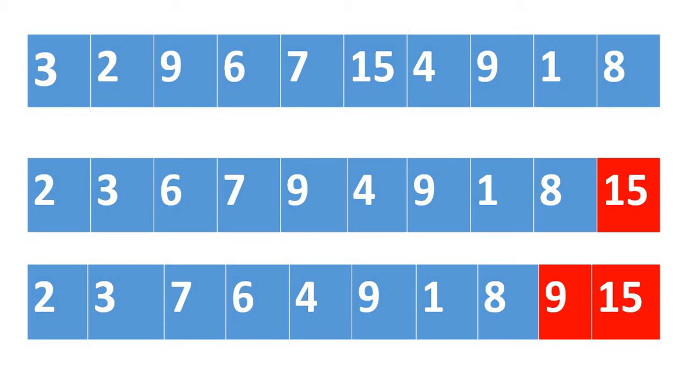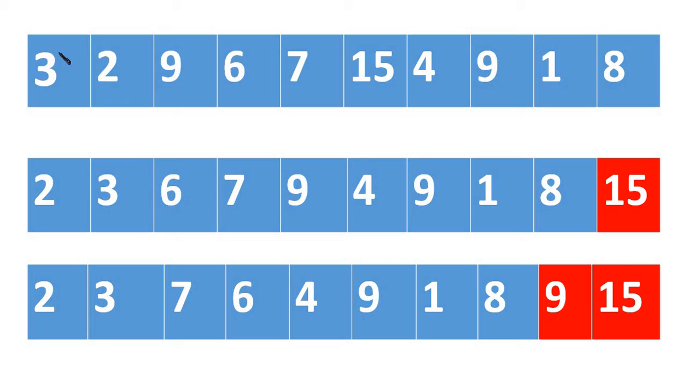Suppose that this is the array you have. You have got totally 10 numbers here. These are integers, and they are not in order. We want the output to be an array in ascending order. How bubble sort works is, it will always compare each number with the adjacent number. It will keep on comparing.